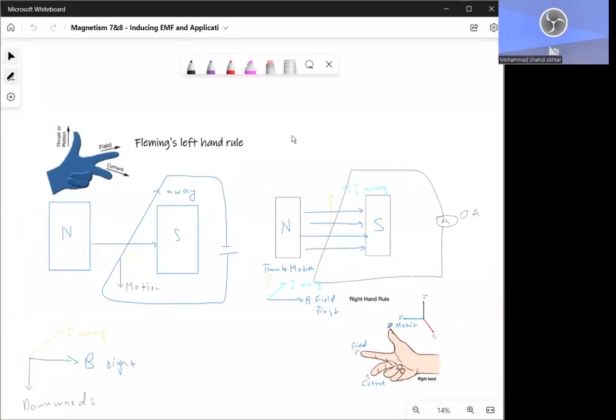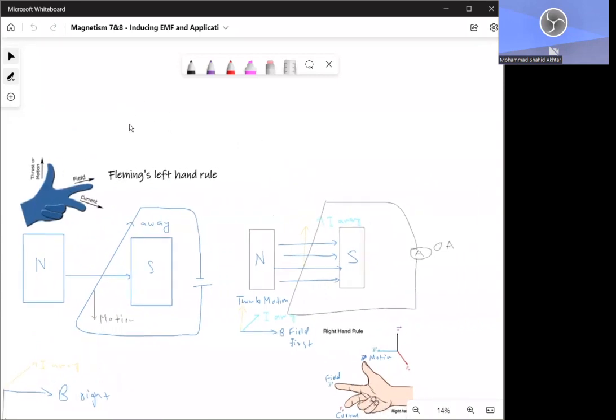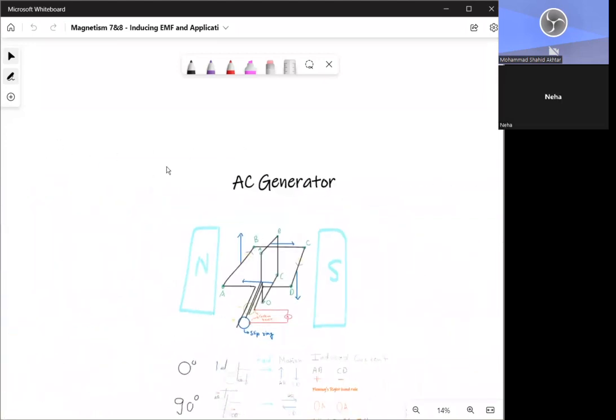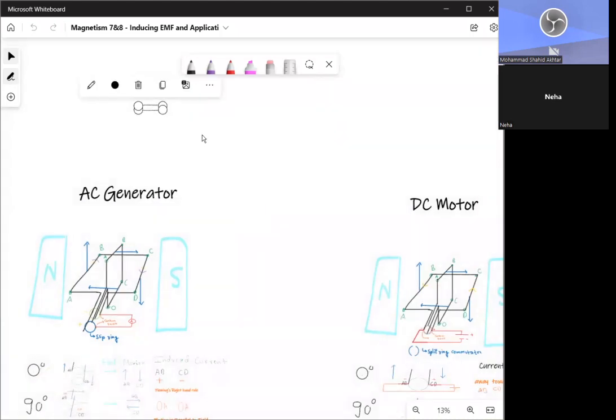We're studying our IGCSE physics. Today we're doing magnetism 8. This is the eighth class on magnetism. And we'll be looking at everything related to the applications of